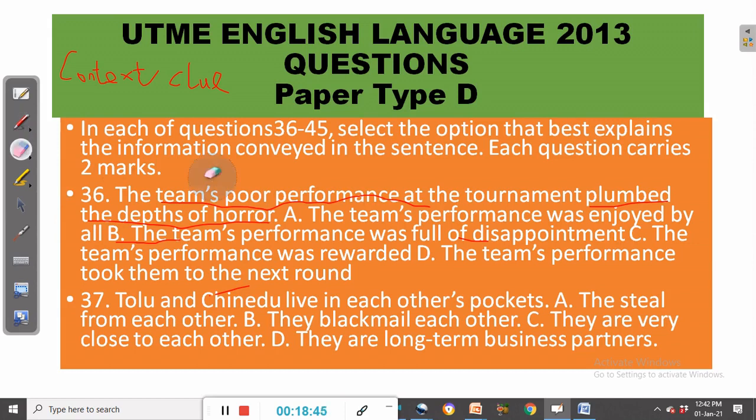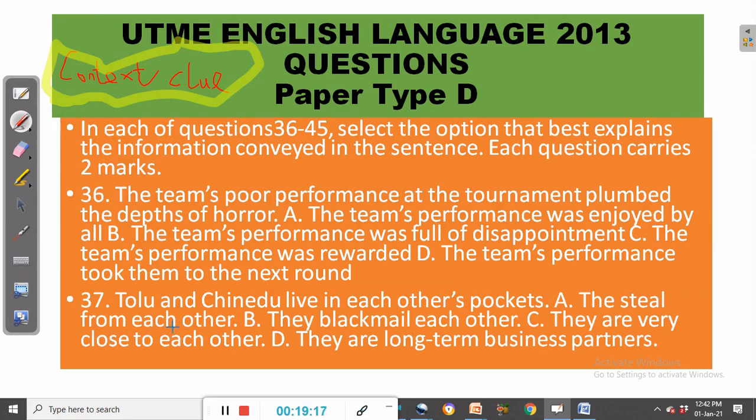So you can now see how we can use context clue to interpret a sentence, even though we don't know the exact meaning of the expressions in that sentence. But using the context clue, all right, I want you to take note of context clue as something that can help you to figure out the meaning of a sentence, all right? Okay, so let's now go to